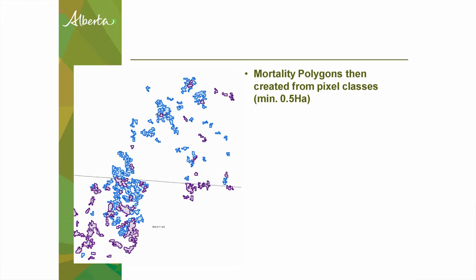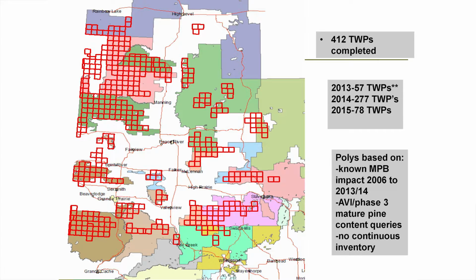So that's what was created from that initial data set, where we say a stand is at a certain level that we want to identify, in this case, being dead. And that's what it's come up with. Based on the initial data, this is what's dead on the landscape. I'll talk about that in a bit here.